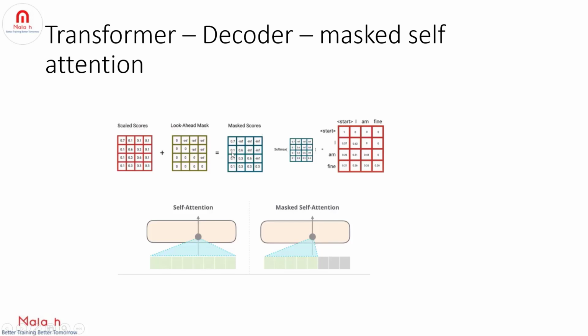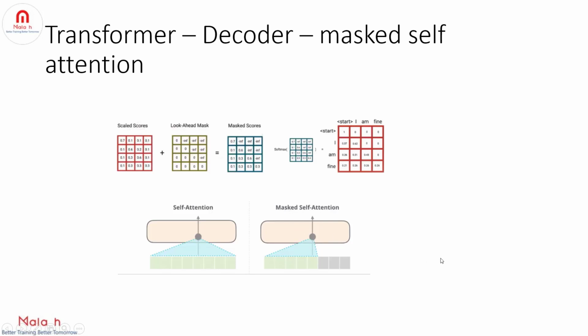And in the next step, the starting sequence and the first word, and the remaining are masked. Then the starting sequence, the 2 predictions, and the remaining will be masked. So that is how we are doing the masked self-attention, right? It only knows the score of this and the previous words, and all the remaining will be masked, right? Here we are setting to infinity because the softmax of negative infinity is 0, right? This is the only difference between encoder and decoder. One is self-attention, the other one is masked self-attention, right?